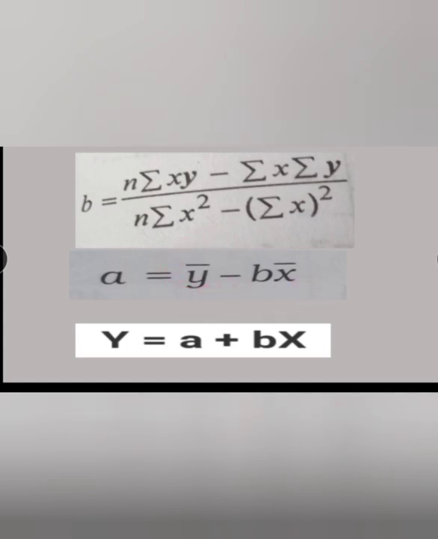And then finally we will find the regression equation of y on x by the formula y is equal to a plus bx. Let us solve the sums based on this. This formula we will be using when the numbers are small. That is, generally the numbers will be less than 15 or around 15.